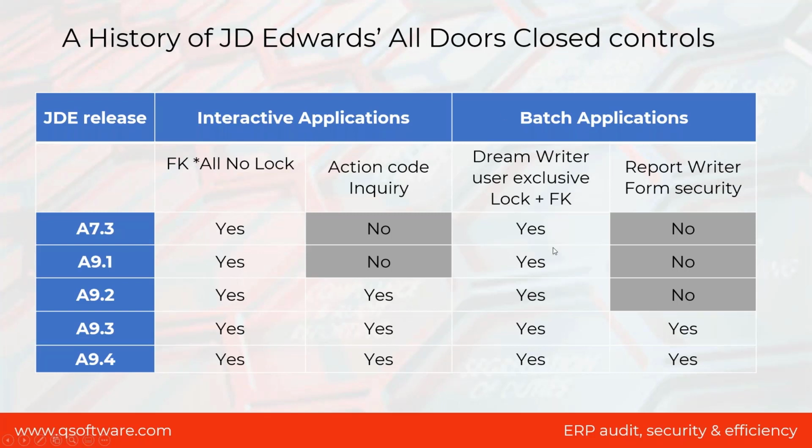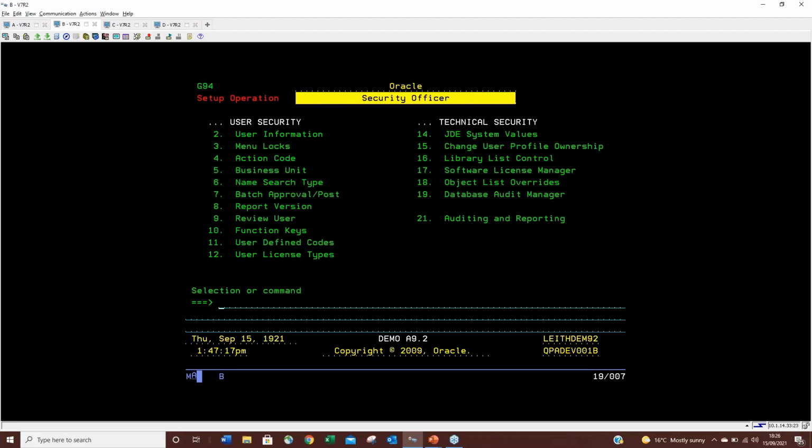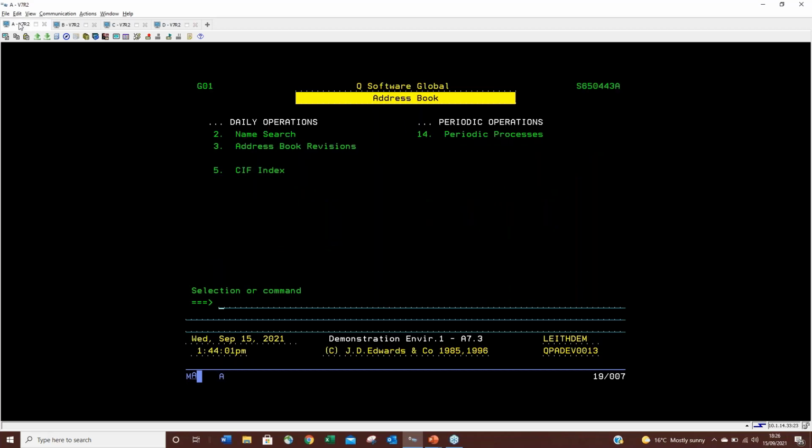Particularly, it's probably the most challenging area for people on old releases of World. Now, the best way to do this is a combination of the user-exclusive lock on the Dreamwriter, as you can see in this column here, and function key security, and I'll show you how that works. So if I go back into an A73 environment,